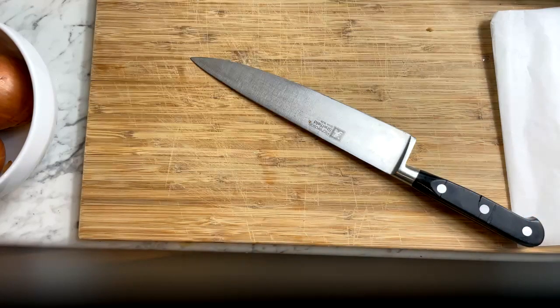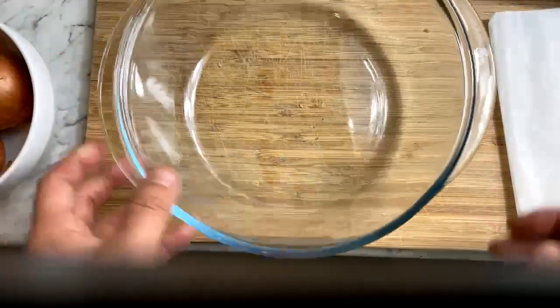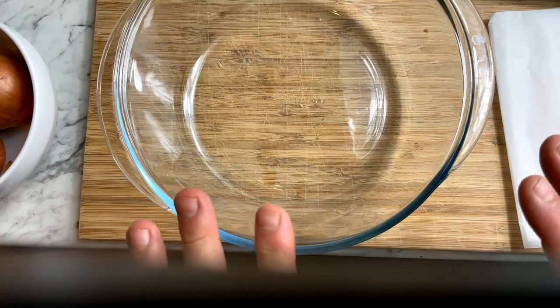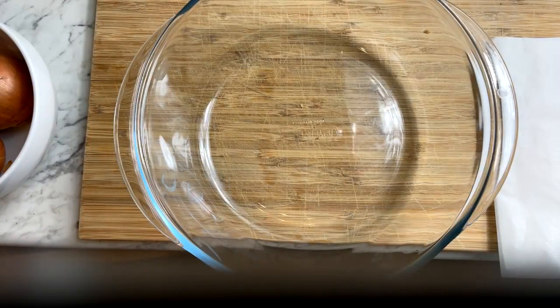So what we're going to do, we're going to start our recipe, and we're going to need greasing. I'm using a Pyrex bowl tonight, but actually historically anything would have been used. In actual fact, the Lancashire mill workers...